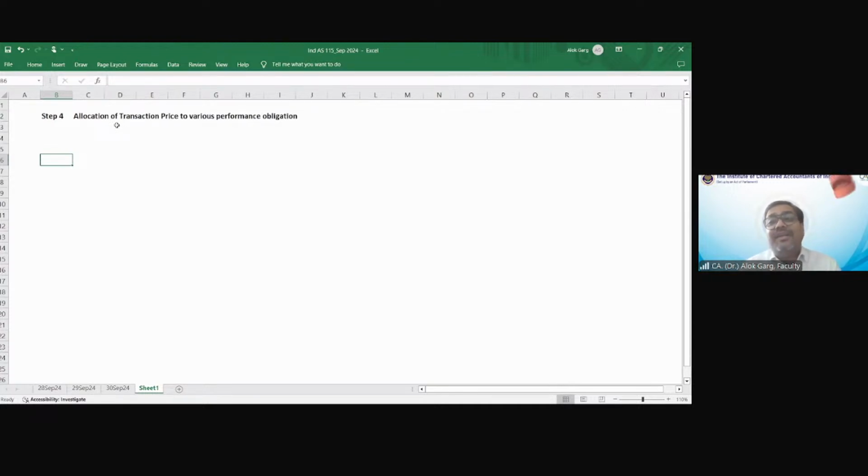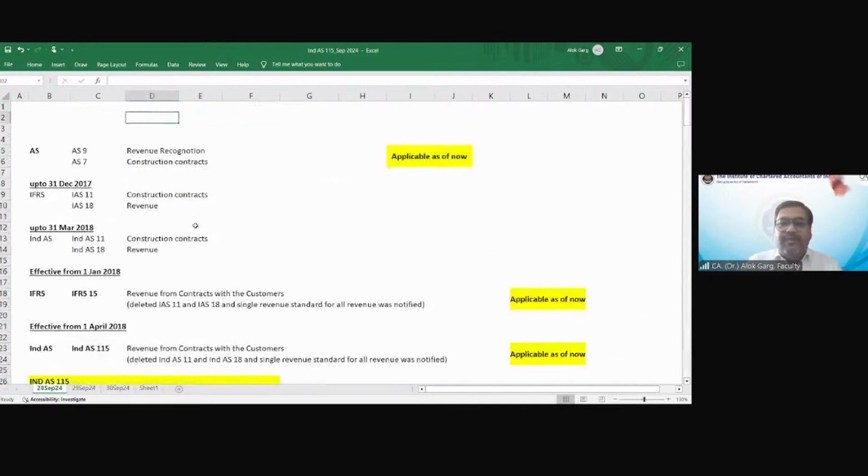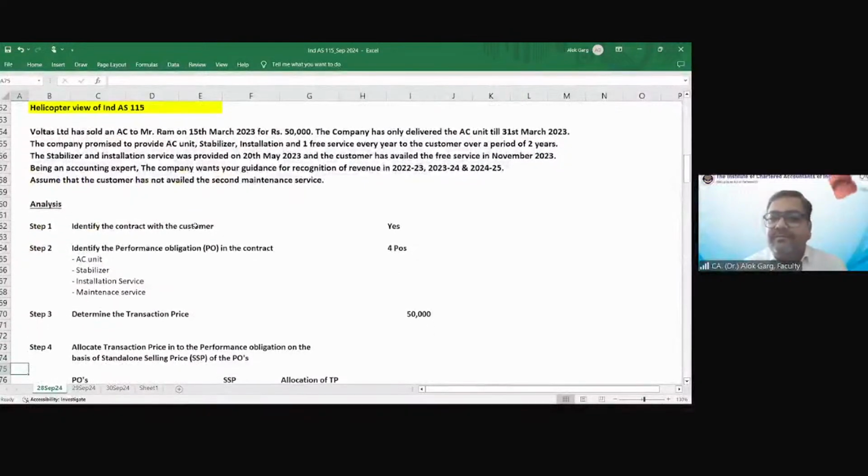You remember the first lecture, the first day, when I gave you the helicopter view on 28th of September? When I gave you the helicopter view, this one: standalone selling price, air condition unit, stabilizer, installation, and one free service every year, right? You remember that? Okay. So we understood that,